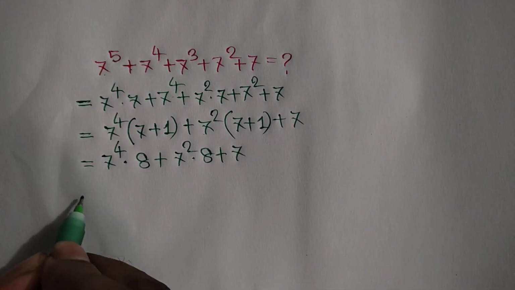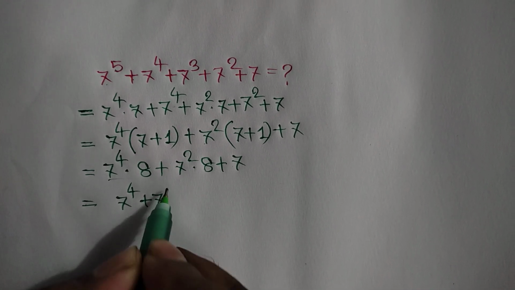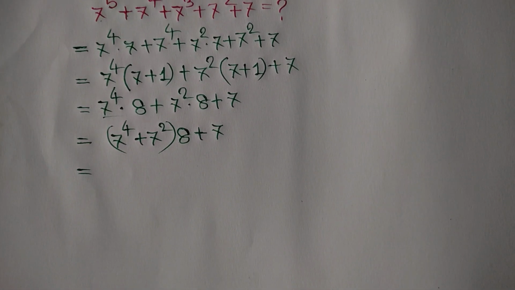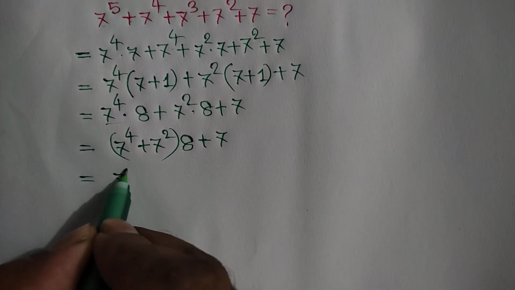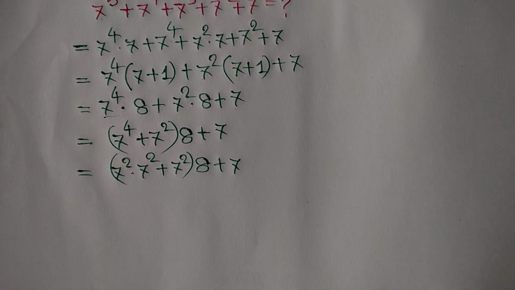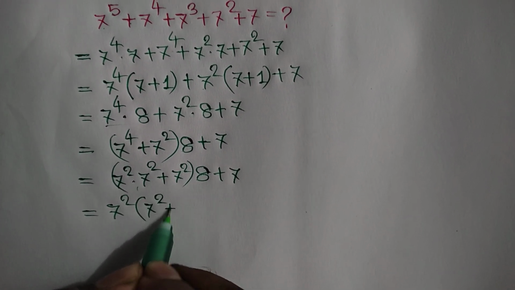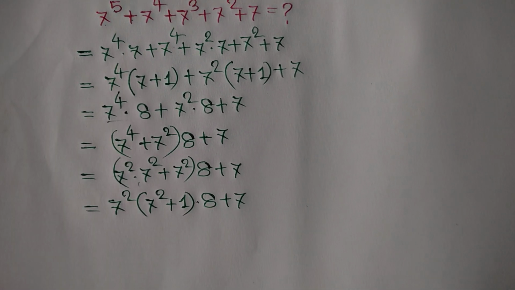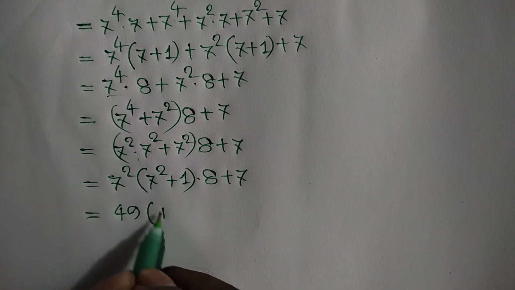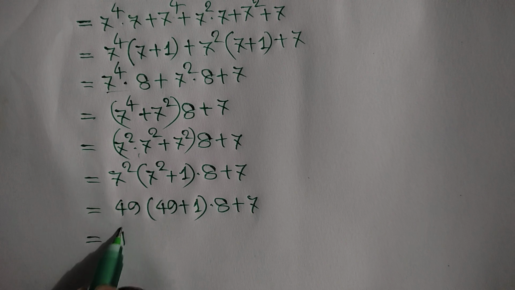plus 7 is equal to, now taking common 8 from the first two terms we will get 7 to the power 4 plus 7 square out of the bracket, 8 plus 7 is equal to, this 7 to the power 4 we can write 7 square times 7 square plus this 7 square times 8 plus 7 is equal to, now taking common 7 square, here we will get 7 square plus 1 times 8 plus 7, or 7 square that means 49, times 7 square that means 49 plus 1 times 8 plus 7 is equal to, this 49